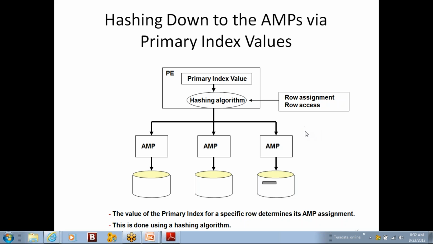So if the hash values of those two rows are the same, these two rows are determined to be stored in a single AMP. Because they have the same index value, they were given as input to the hash algorithm, and the hash algorithm generated the same row hash value for those two index values. As the hash values are the same, it will determine the same AMP in which these two records are to be stored. So it would go and store in the same AMP.